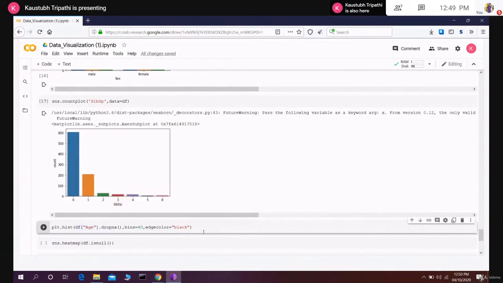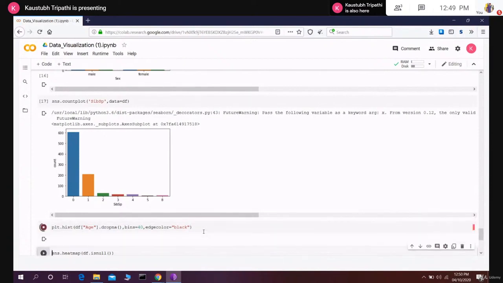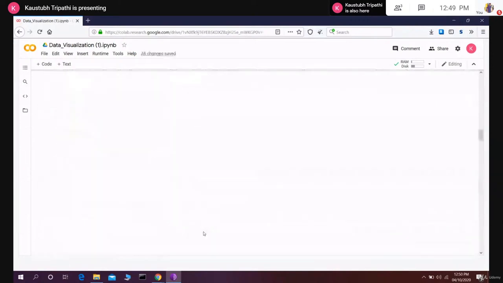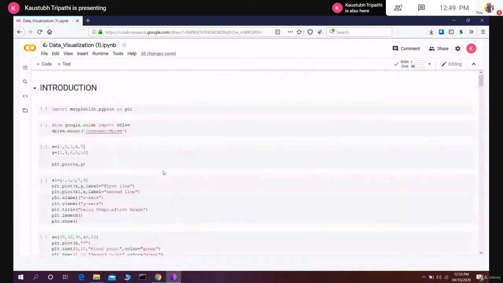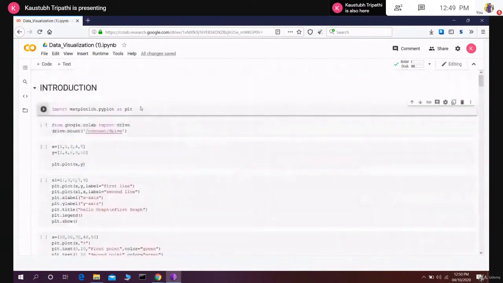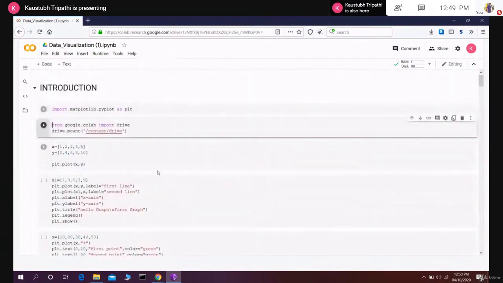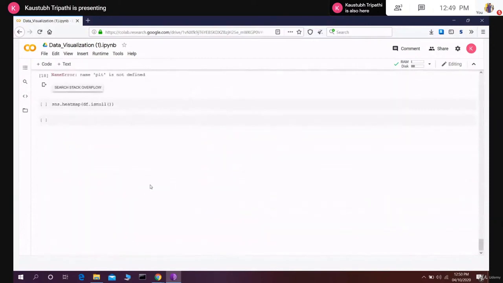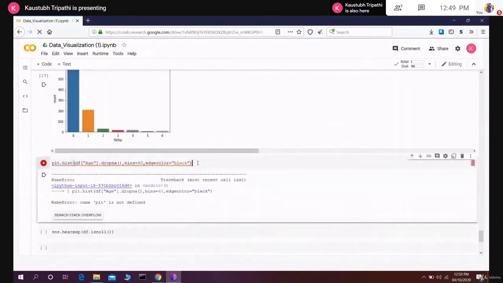Then we can also create a histogram to see the variation of age groups, like what kind of age groups are present. If I run this program, sorry, the error says plt is not defined. Okay, sorry, I restarted this, so I have to run this line of code again. Yeah, now if I run it again,